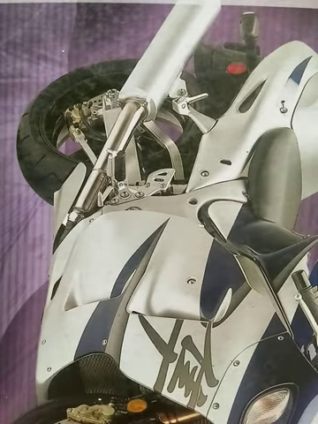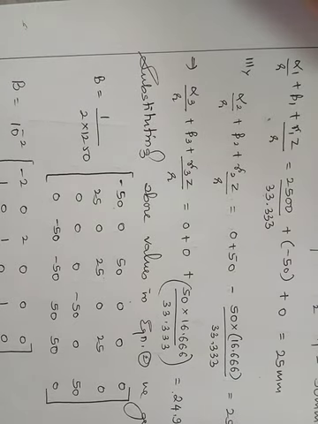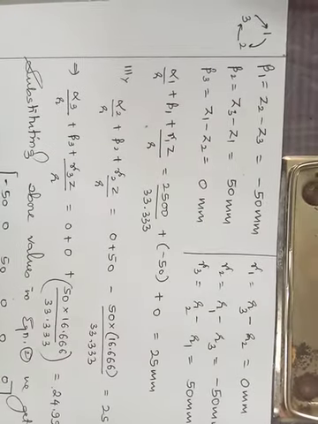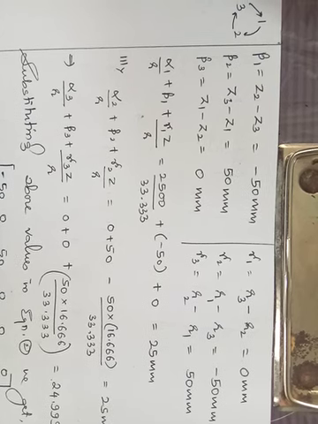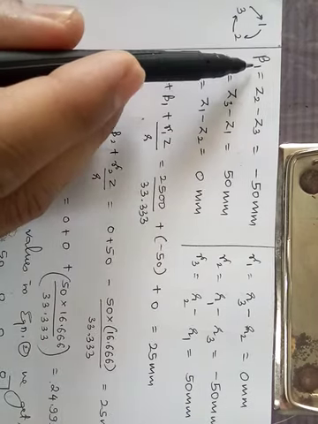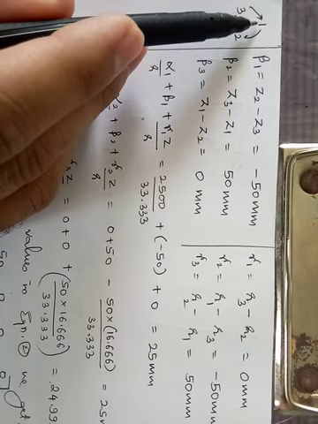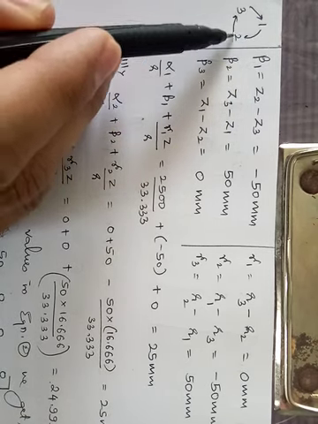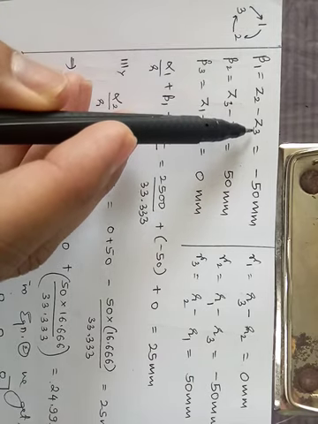Next, we also need to calculate beta and gamma. So that is what I have done here, calculated beta and gamma using the same logic. In the previous video I told you always the term beta is associated with the Z coordinate and the term gamma is associated with the R coordinate. I am interested in beta 1. Immediate continuation is 2 and 3. So it is Z2 minus Z3.